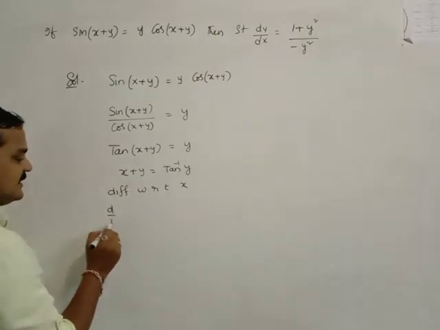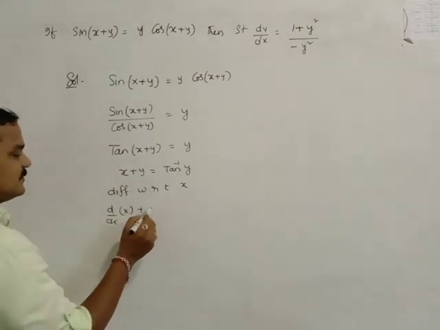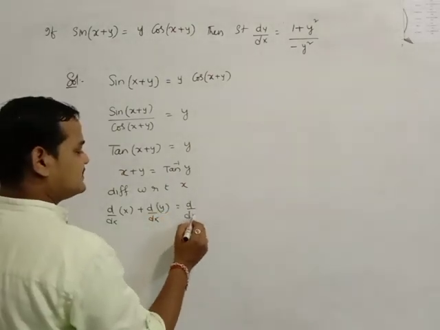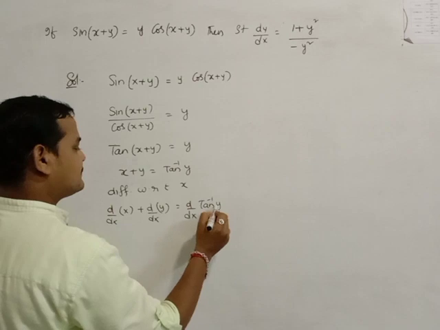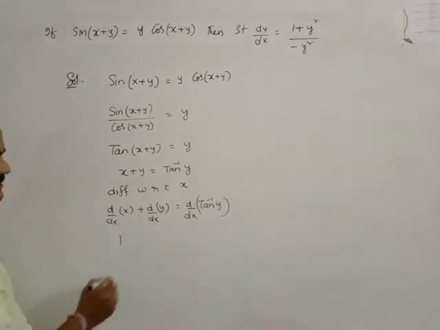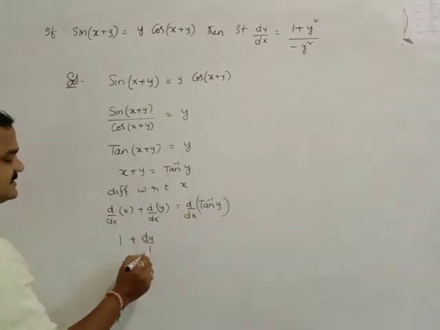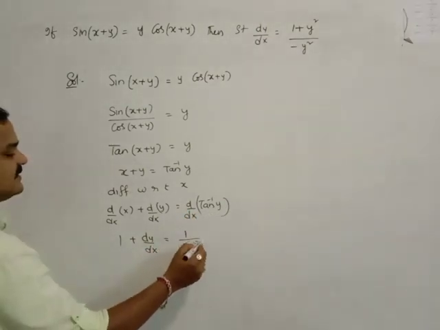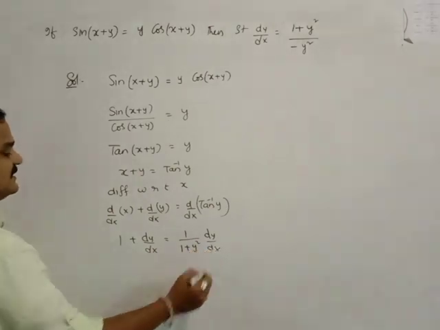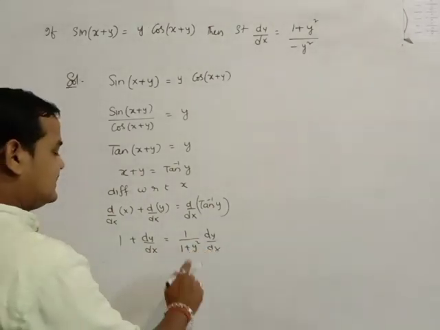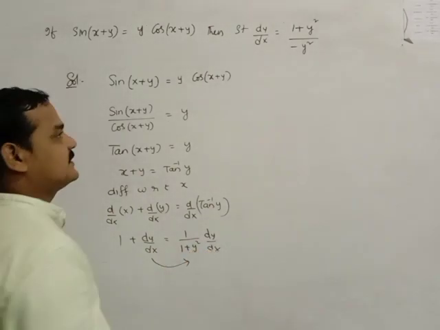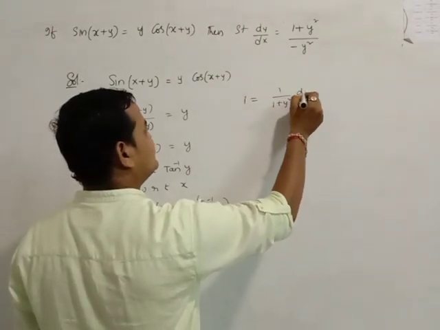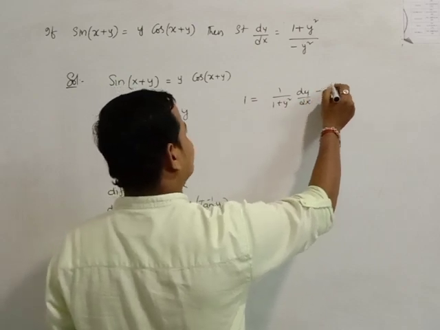Then it is d by dx of x plus d by dx of y is equal to d by dx of tan inverse of y. Derivative of x is 1 plus derivative of y, that is dy by dx. It is tan inverse, means 1 by 1 plus y square into y derivative, which is dy by dx. Bring the dy by dx to the RHS side. What happened here? 1 is equal to 1 by 1 plus y square into dy by dx minus dy by